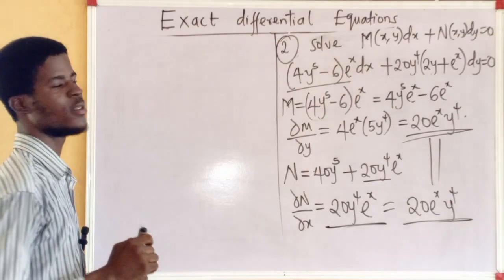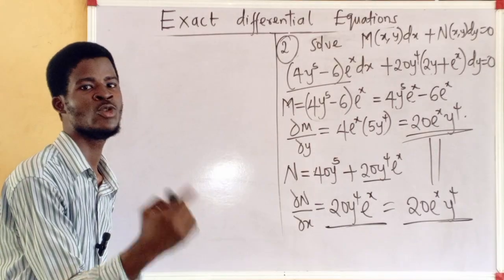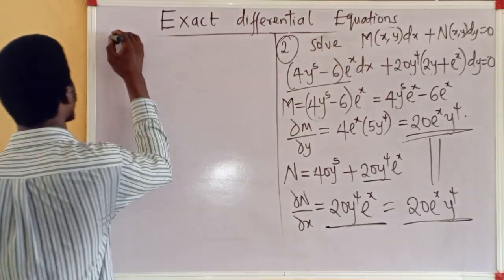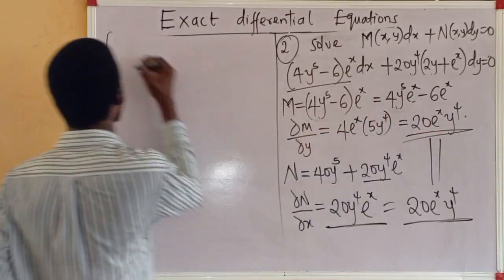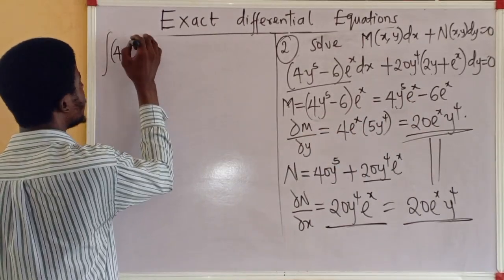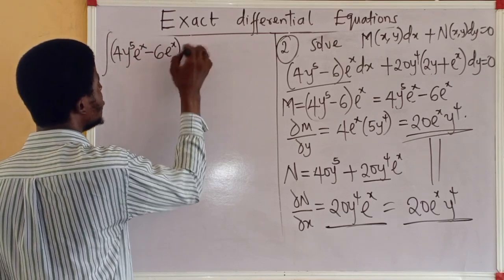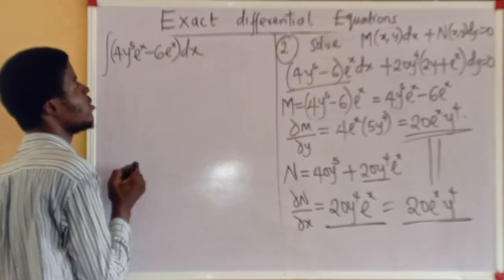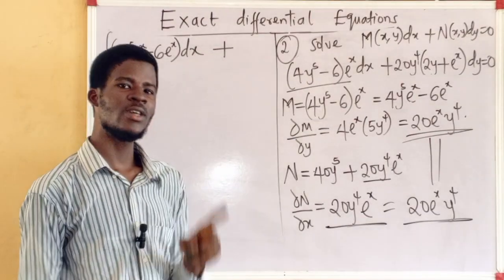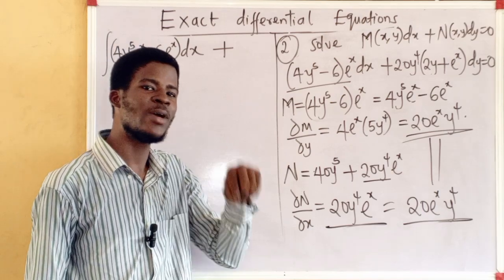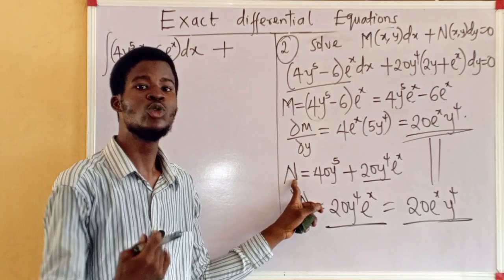The first step is to integrate M with respect to x. This is the integral of M, this is M: 4y to the 5th e to the x minus 6e to the x dx. Then plus, we will now integrate with respect to y only those terms of N which do not contain